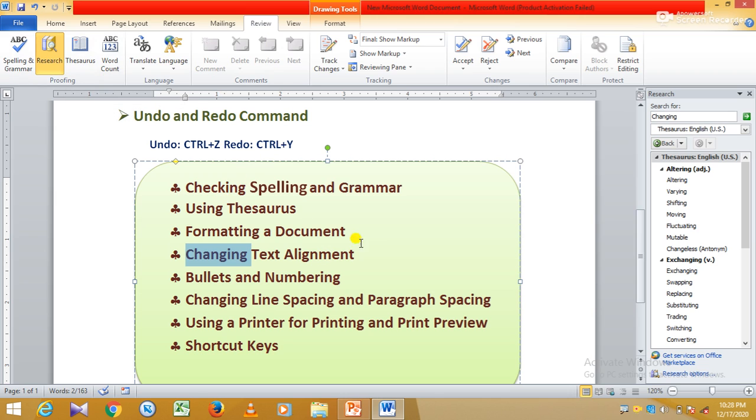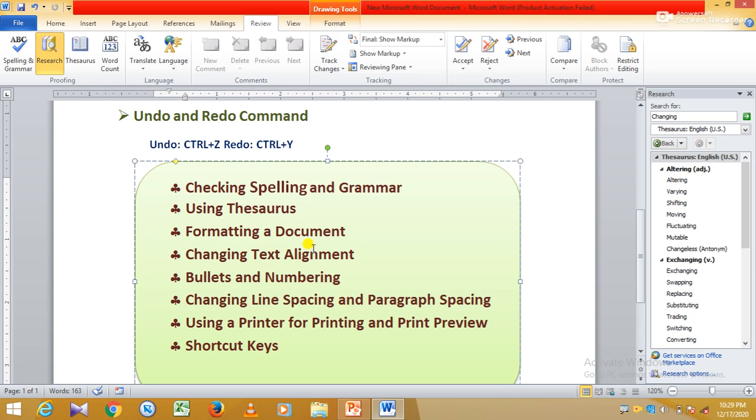Okay, next is formatting a document. Formatting means, generally we can say, changing in a document or changing in a text. So formatting means changing and arranging the text in a document to make it attractive, or we can design our text beautifully.